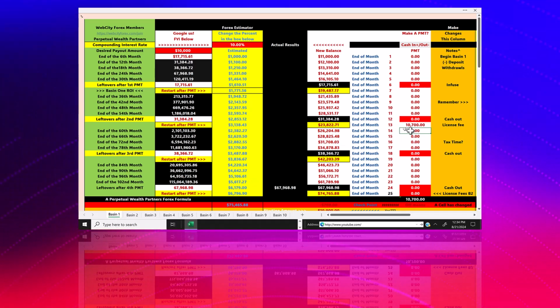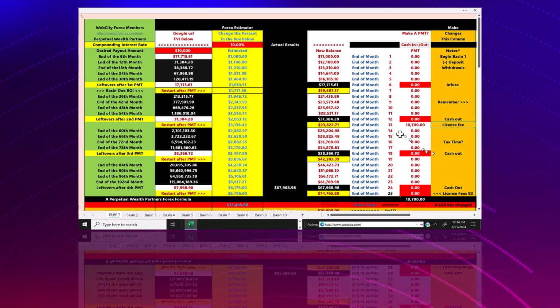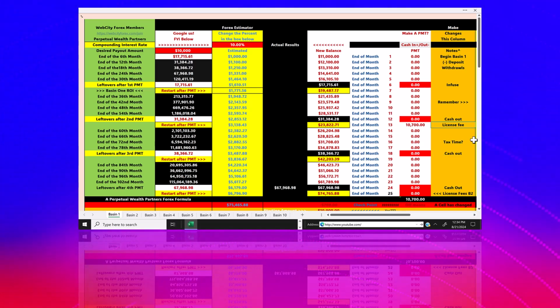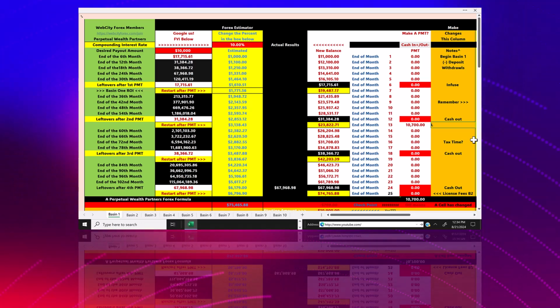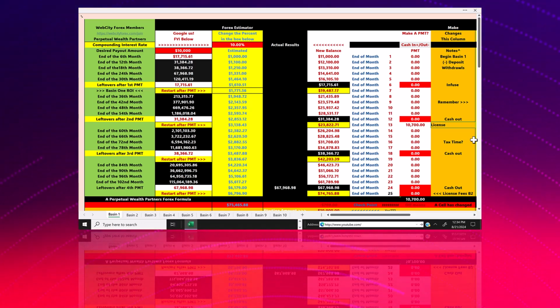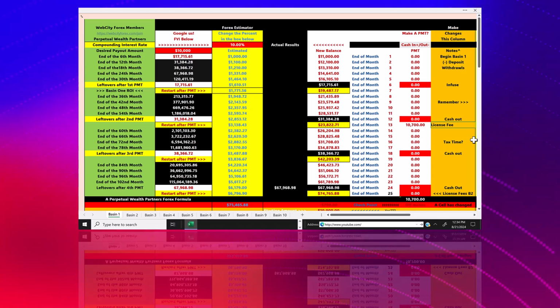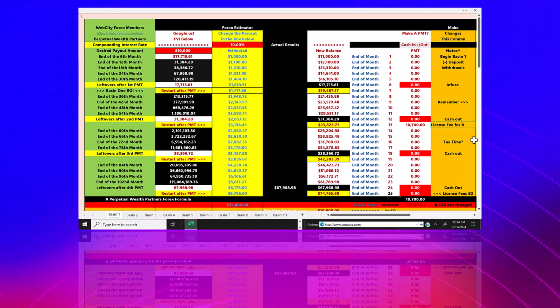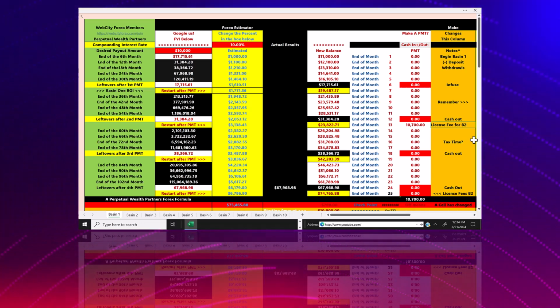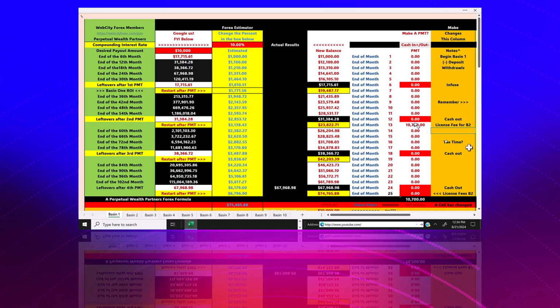So to go ahead, the license fee for basin 2 will be $10,700,